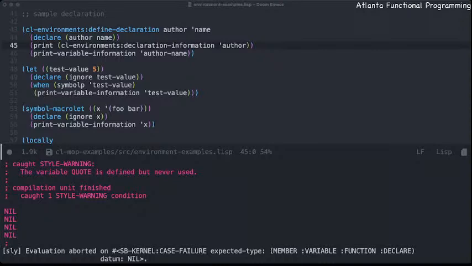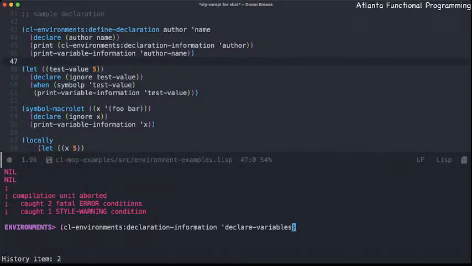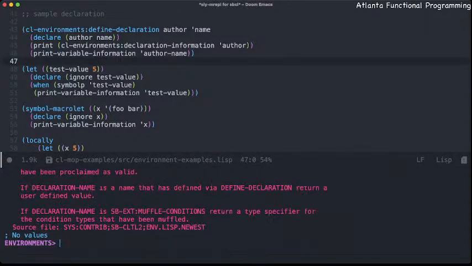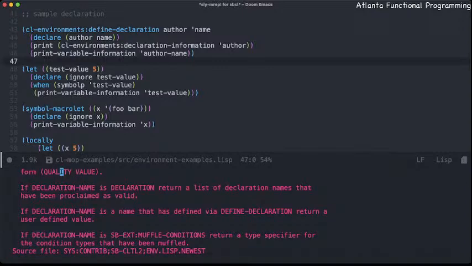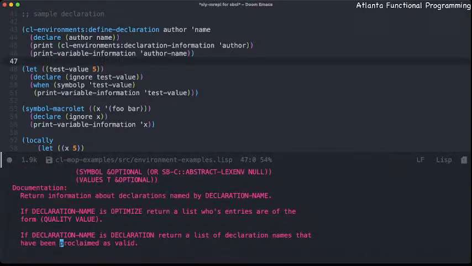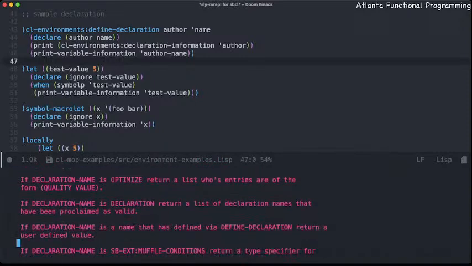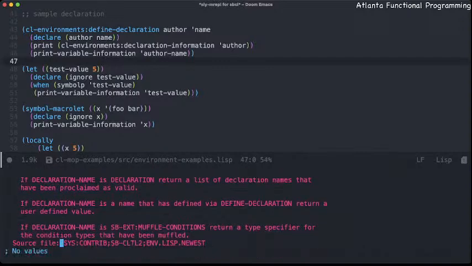It's spitting out information that, as you saw here when we did the describe, is actually providing the list of declarations that have been proclaimed. But things that are declared are not actually being spit out. So that's number one. Number two, and this might again, if the author is watching or the folks that are watching,